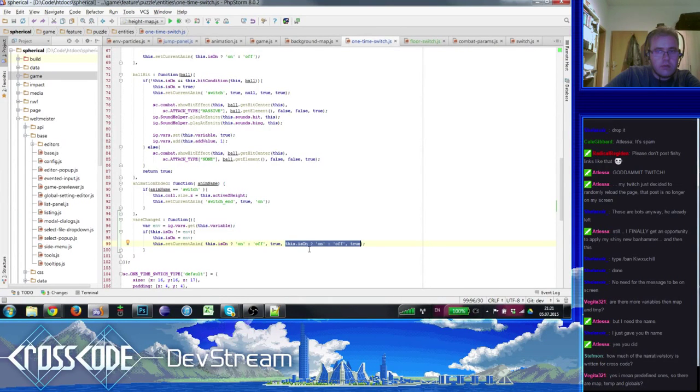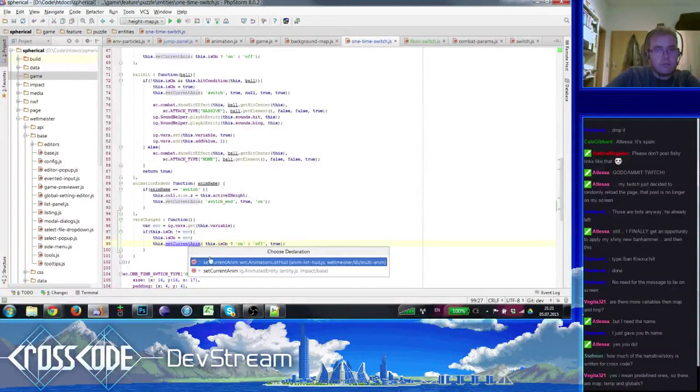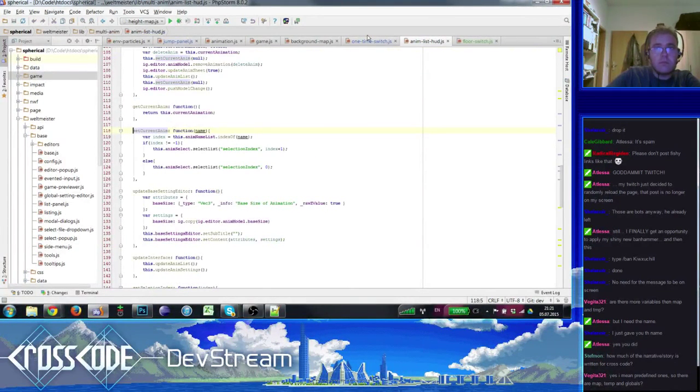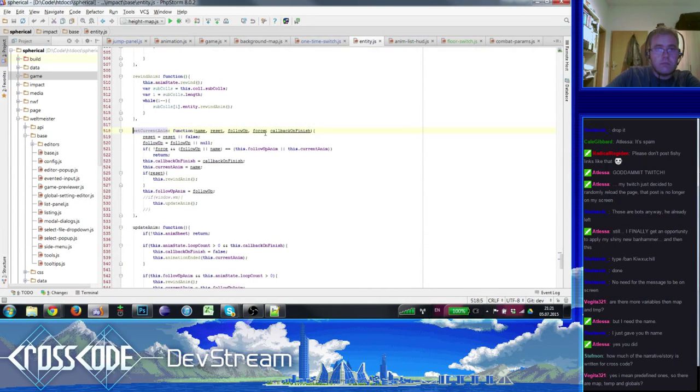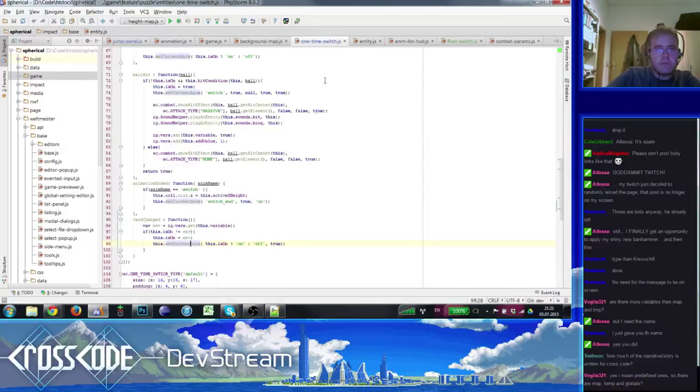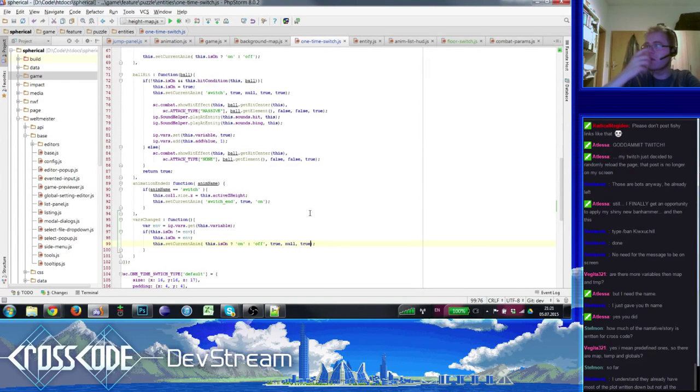How much of the narrative story is written for CrossCode? The basic rough sketch is completely done so far. But the implementation is something we go at every time we talk about new areas and everything. But the basic path is done. So we know how the story evolves and we know how it ends and the basic plot points, but not exactly what happens.